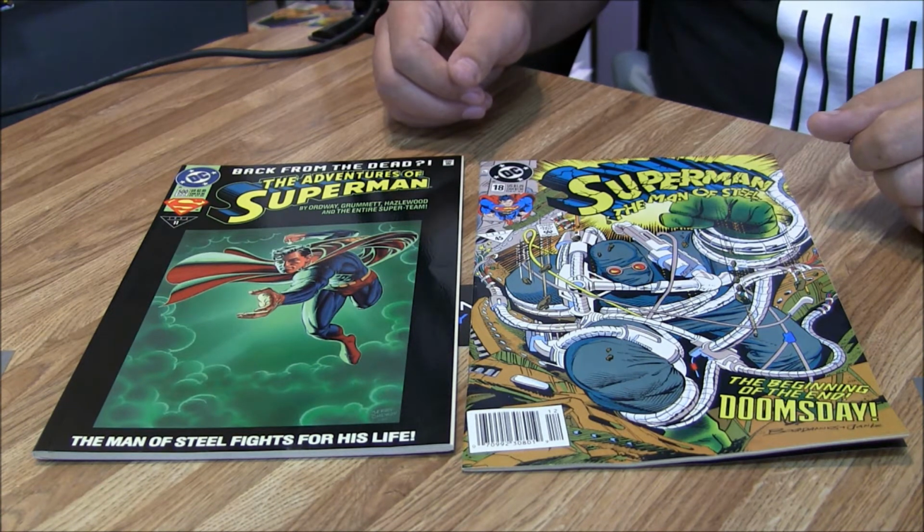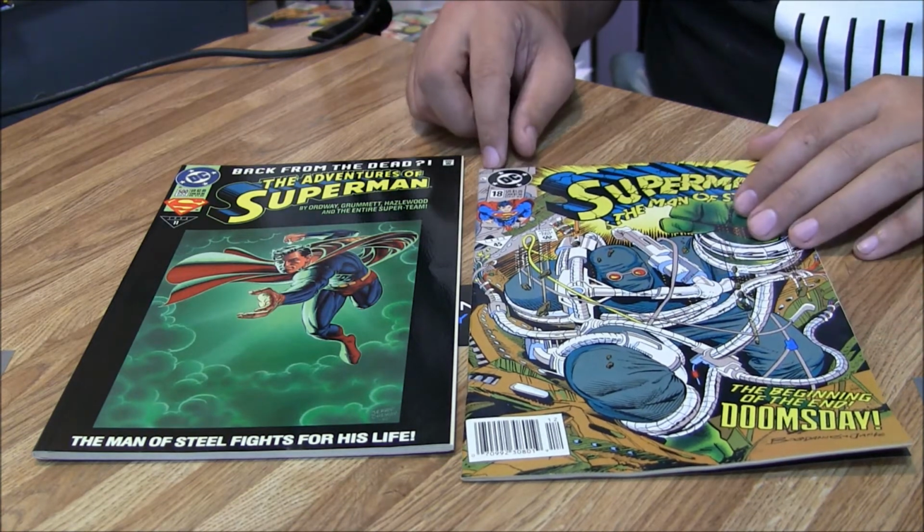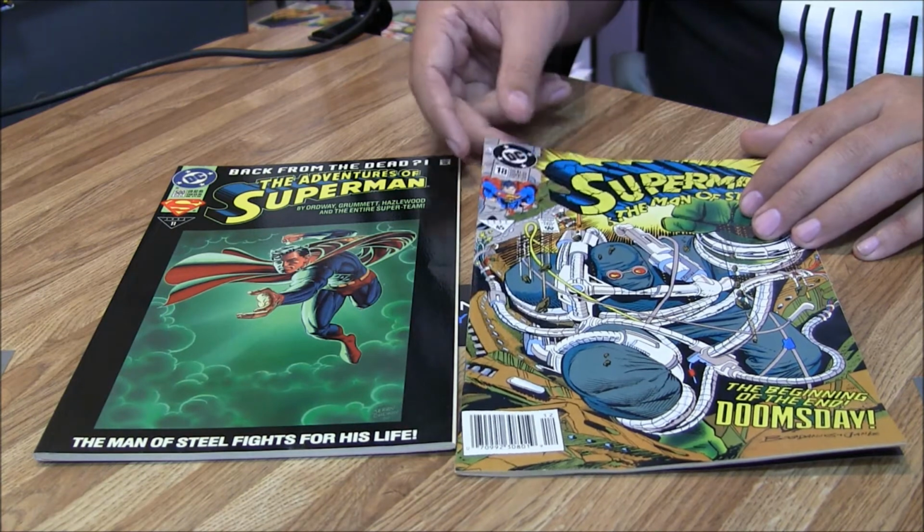It was basically an issue of they didn't know what they had. So this one here is the first appearance of Doomsday. It's not perfect, like I said. It was just in a